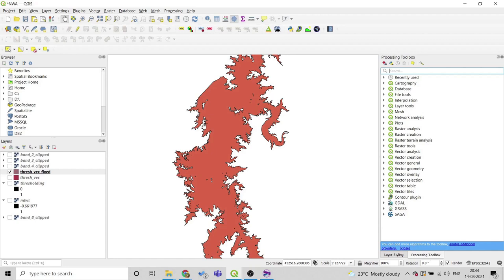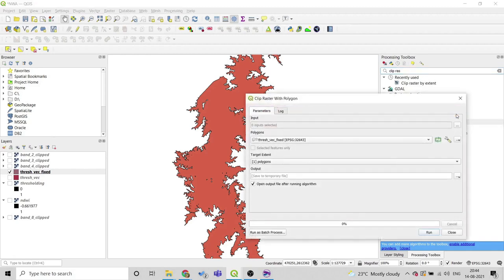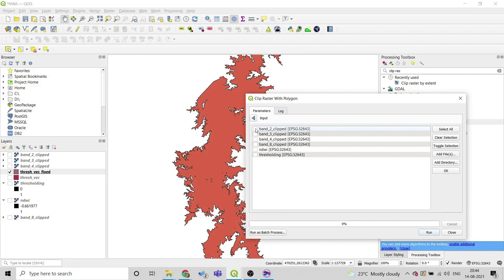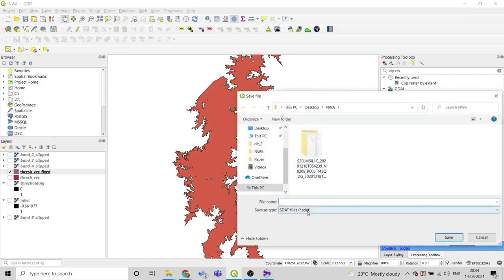Now we want the raster values, that is band values, only for the water body. For that we will be using a tool called clip raster with polygon. Select the input raster, band 2, select the clipping polygon vector which is thresholding vector fixed, and output we will save it as